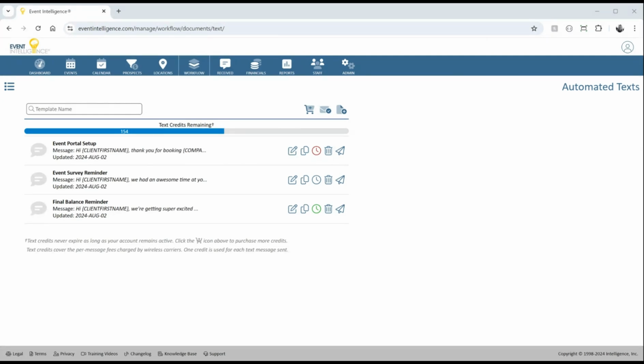When you land on the page, you're going to see a listing of all your existing text templates. In the upper left corner here is a search box if you're looking for a specific template. Off to the right are icons for adding additional text credits, which we'll cover in a moment. Here's an icon to view sent text messages, and an icon all the way to the right here to create a new text template. Down below, you're going to see a bar indicating how many text credits you have remaining,